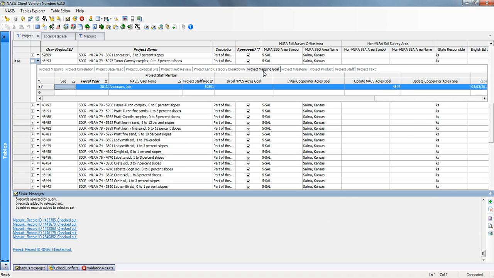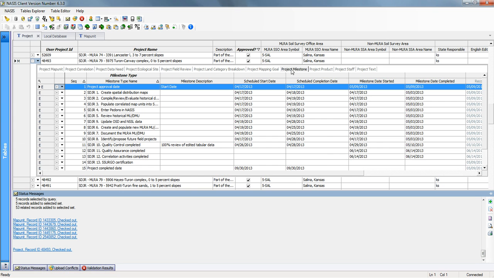The mapping goal table, once again, we need a person, and we need to know how the goal is assigned. Is it initial or is it update? Initial is only for the traditional projects. If it's not a traditional soil survey project and it's an MLRA SDJR ecological site, then it's considered an update in our CS acres. Project milestones,